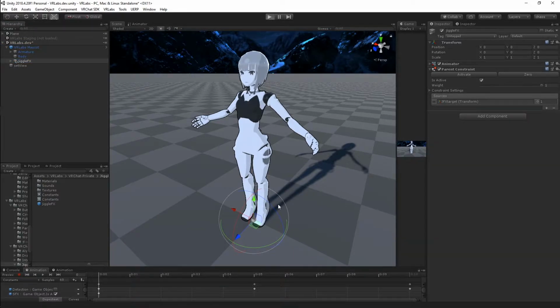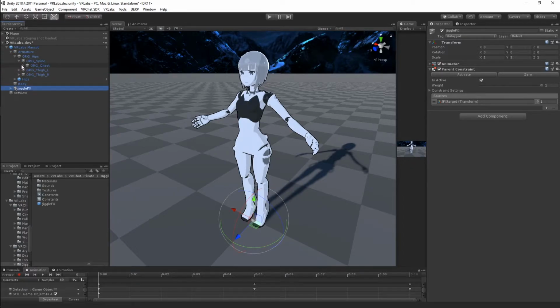If I just enter play mode, you'll see that I can just kind of shake this object around and it'll trigger like that. But there's a few other ways you can configure this, and for the sake of this installation, we're going to configure it so that when the character shakes its head, it plays the jingling sound and the particle effect. So to do this, we're going to go to our head bone,